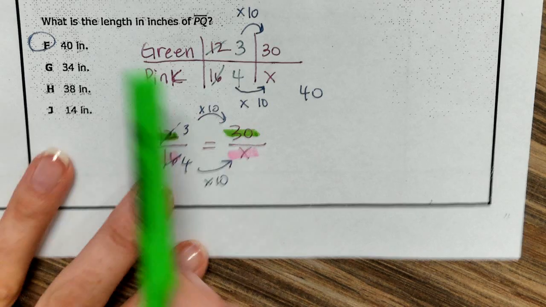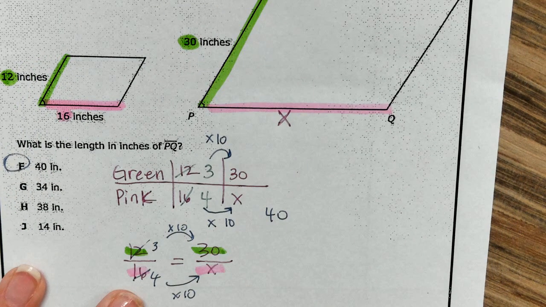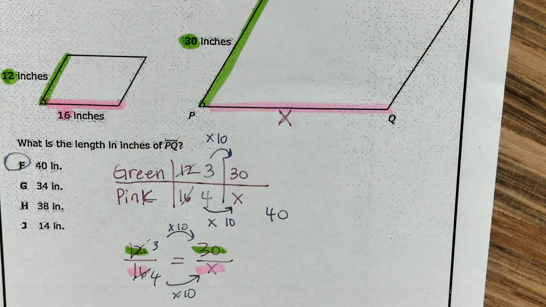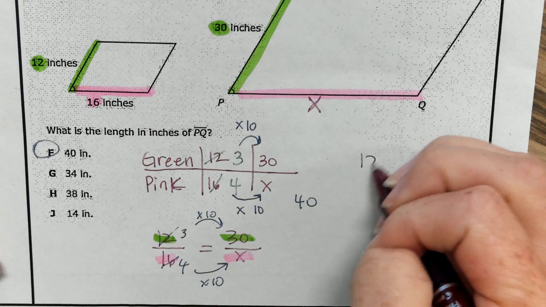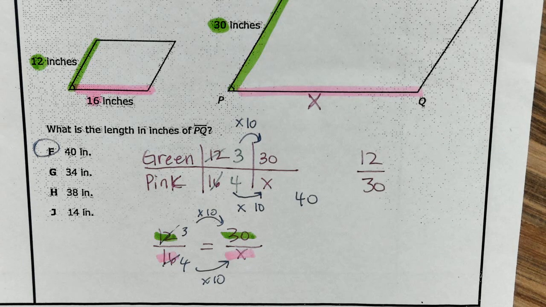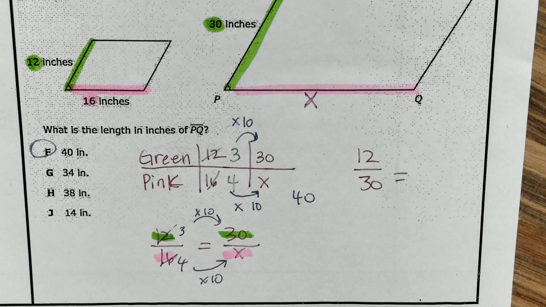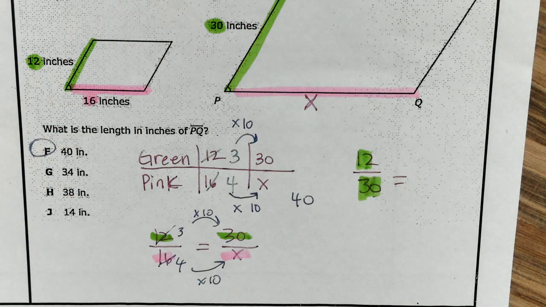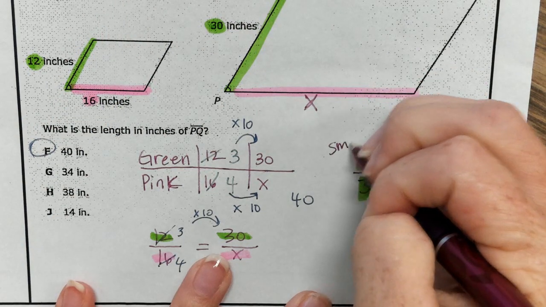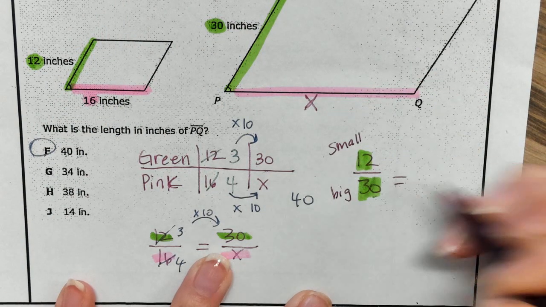Could I have set this up differently? Could I have done green over green? Yes. Let's try it. Green over green. What would green over green be? 12 over 30. But if I do green over green, then I have to do pink over pink. But I don't get to pick what number goes on top. If I do green over green and I put the small one on top and the big one on bottom,